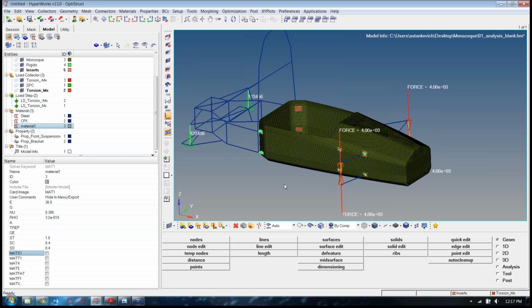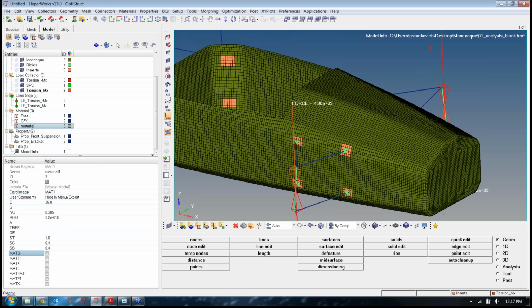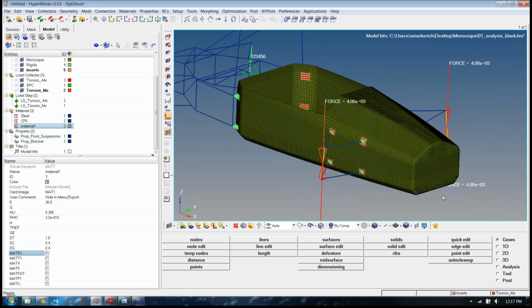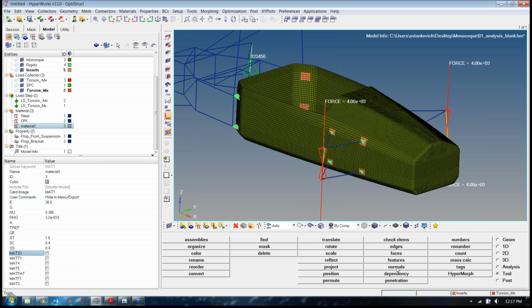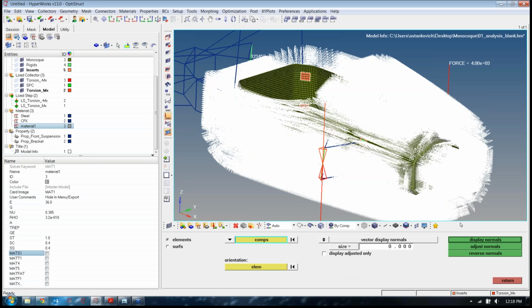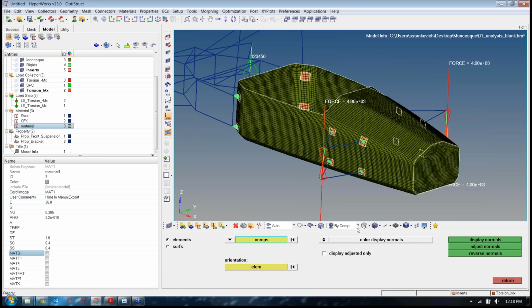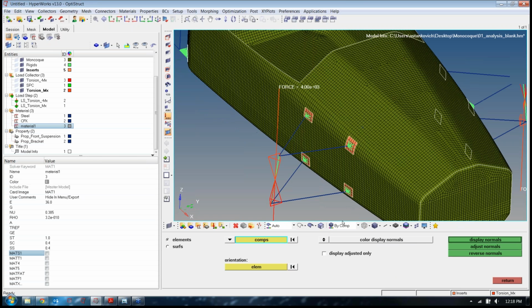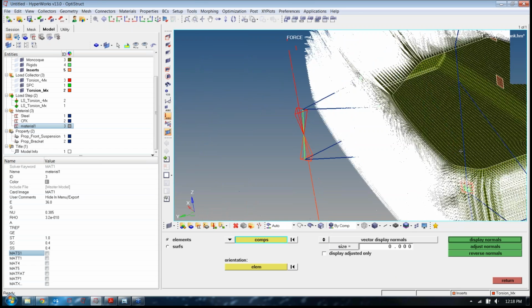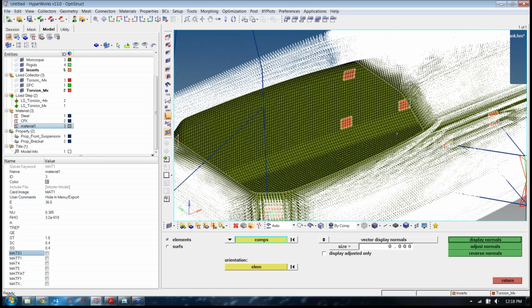Once you've created your materials, we're going to check the orientation and normals of our shell before we start creating our plies. In order to do that, we'll go to the Tools panel and click Normals, select our component, and ask it to display the normals. You can either display the normals as arrows, or as colors. When we display all these normals, all the arrows are pointed in the same direction. Basically, we're making sure that we don't have flip-flop normals